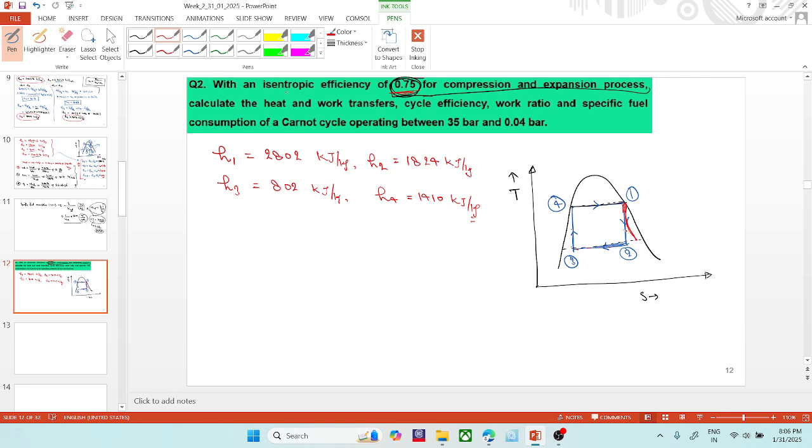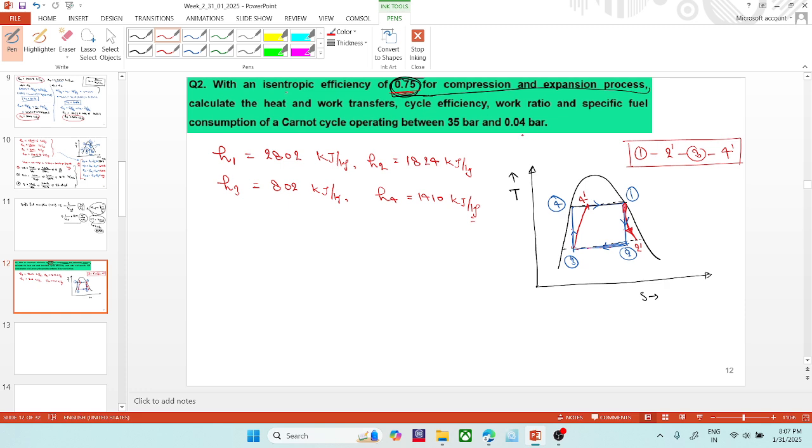It would be turned to some increased entropy. Let me write this point as 2 dash. Similar with the pump, this line would be turned somewhere, and let me write this point as 4 dash. Okay, so now my actual cycle would be 1, 2 dash, 3, 4 dash. These points 2 to 2 dash and 4 to 4 dash become due to the irreversibility, and where the